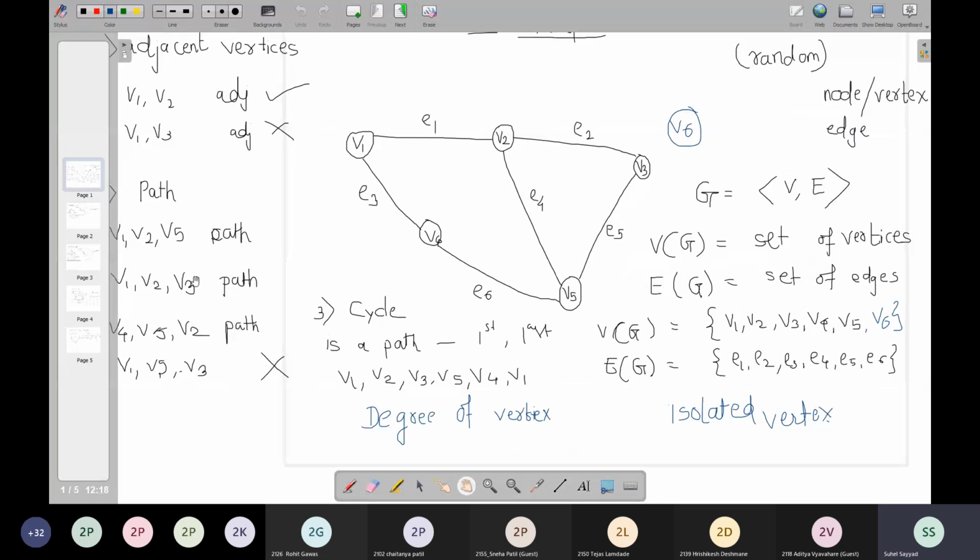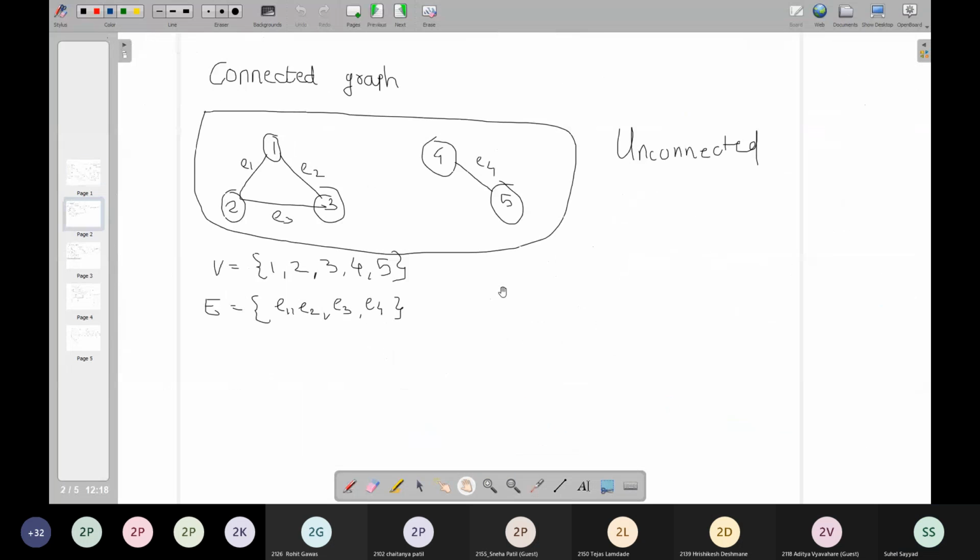Then we have also discussed connected graph and unconnected graph. So sometimes we can have some part of our graph not reachable from some other part. Here we can see that I'm not able to go to 4 and 5 from 1. I'm not able to go to 4 and 5 from 3 and from 2 also. Likewise, I'm also not able to come to 1 from 4 and 5, right? So there is a disconnection between these parts, but this entire thing is treated as a single graph because mathematically we